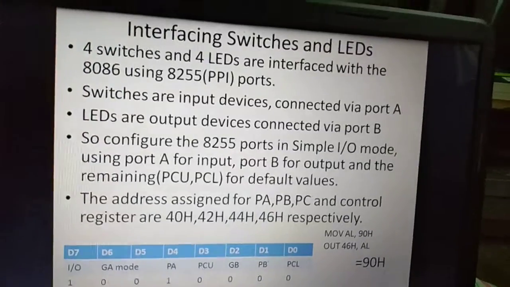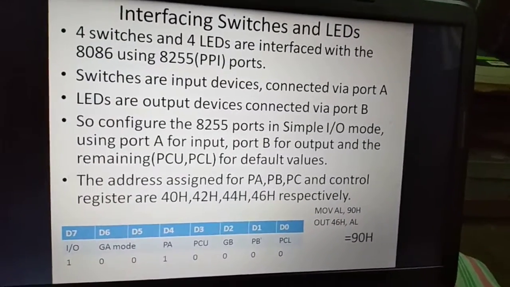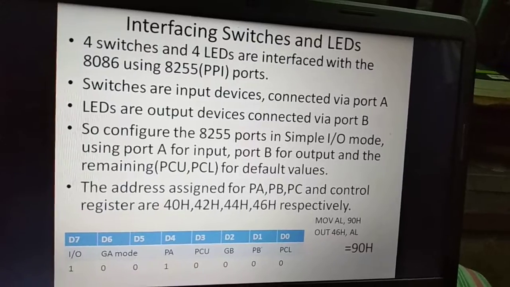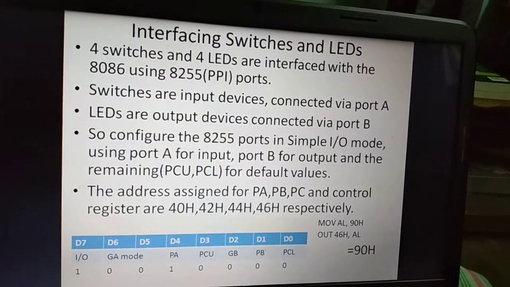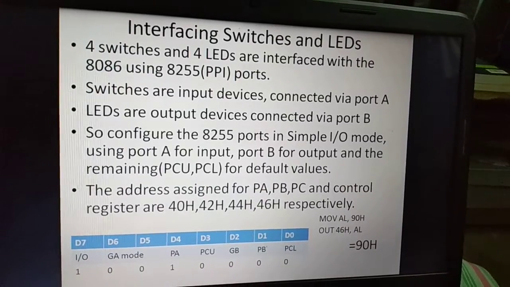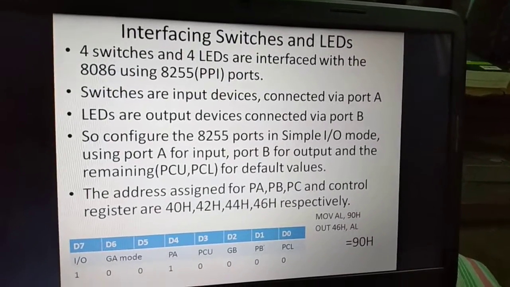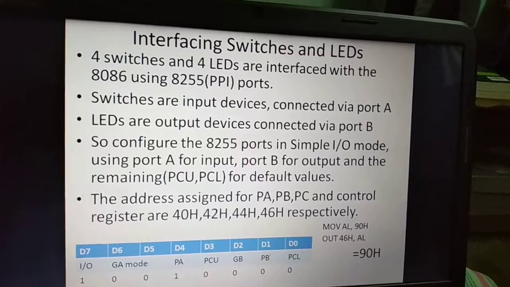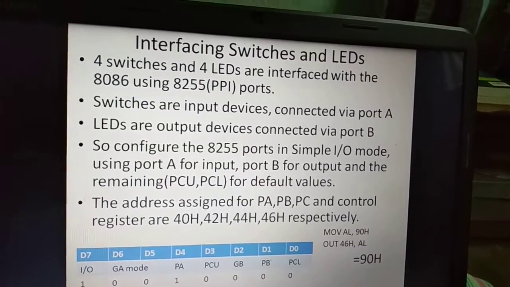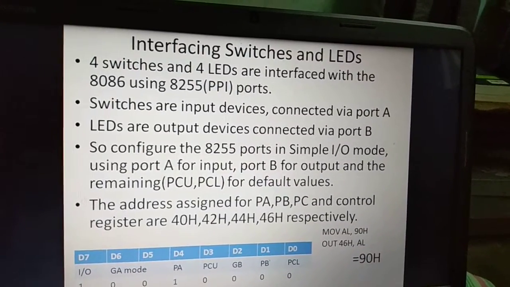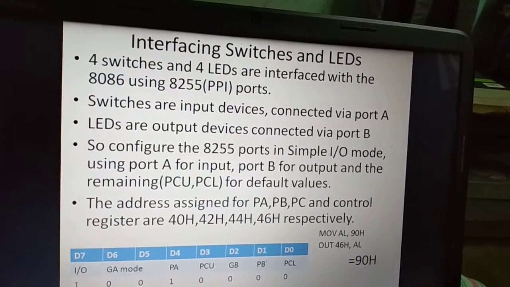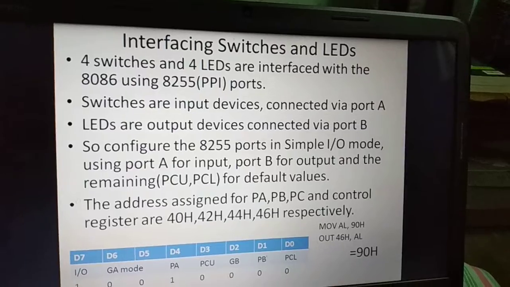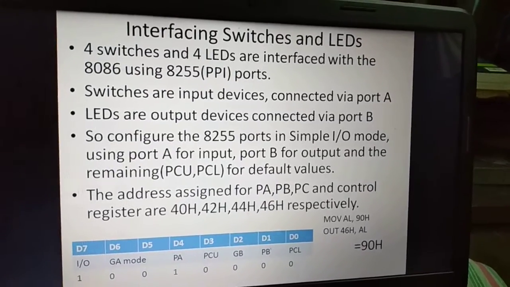Good morning, students. In this class, we'll go through some interfacing examples with the 8086. We'll see how the 8255 ports can be used to connect various input and output devices to the microprocessor. We'll start by interfacing 4 switches and 4 LEDs, and then we'll go on to traffic light control, 7 segment display, and finally we'll end up with how the analog to digital converter is connected to the 8086 microprocessor using